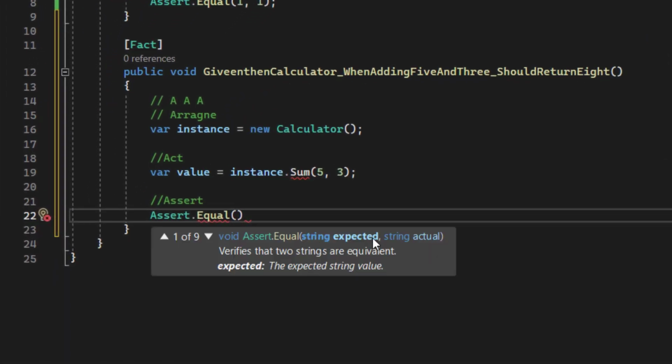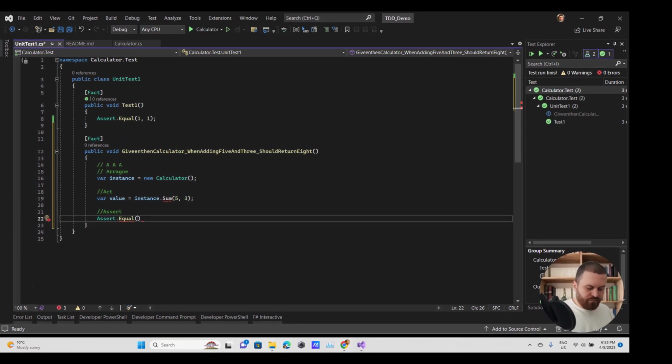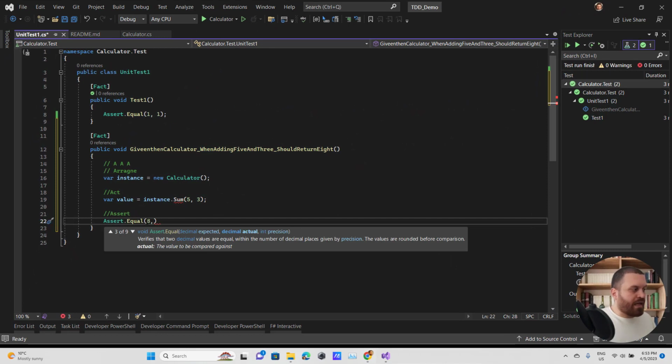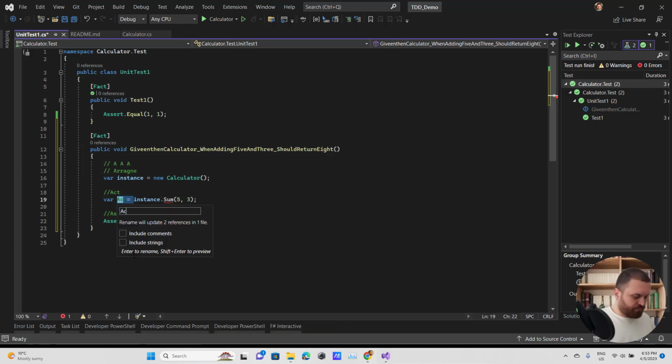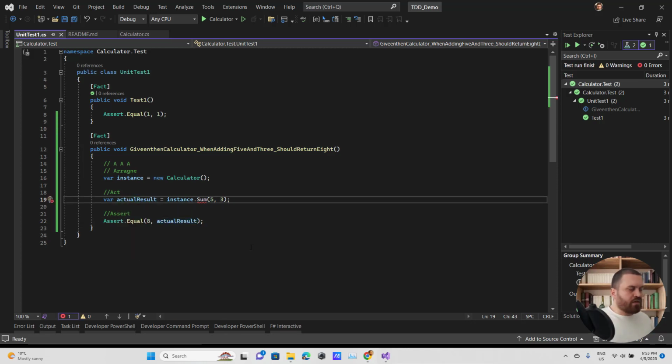The first parameter is expected, and the second one is actual. The expected result is 8 here, and the actual result is value. Let me change the name here to actual result. Okay, here we don't have a running test.